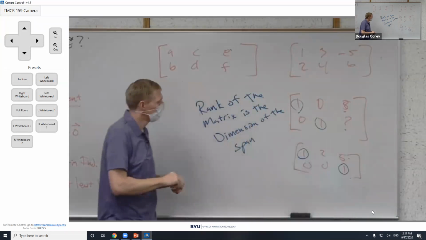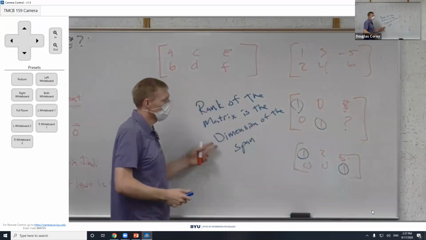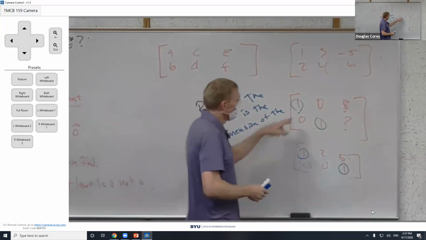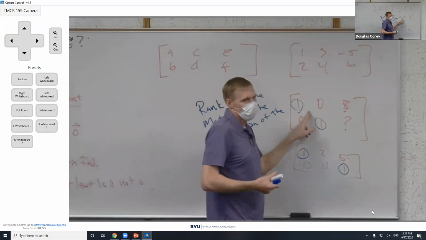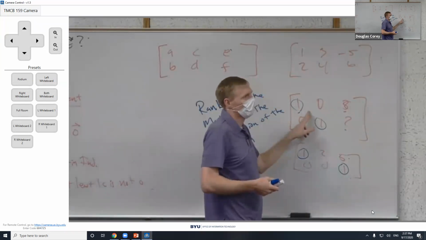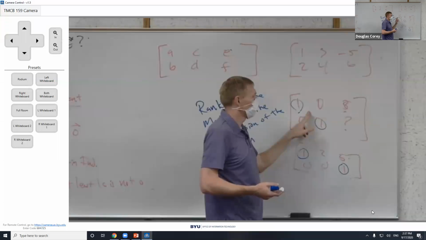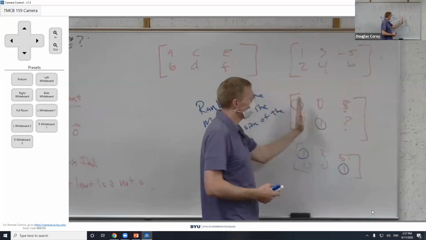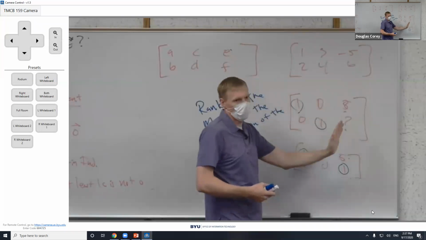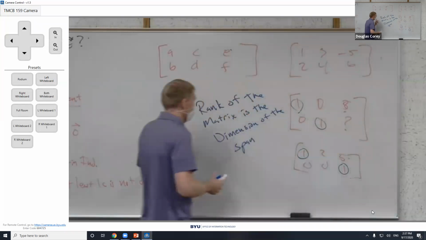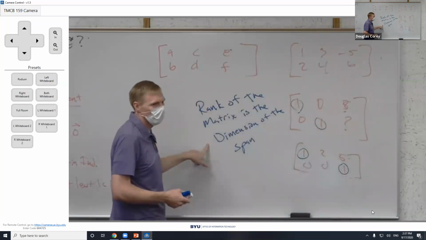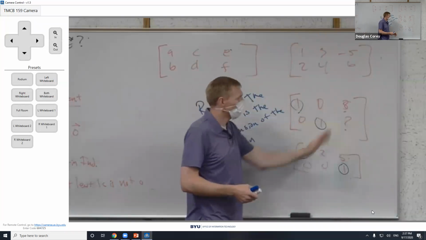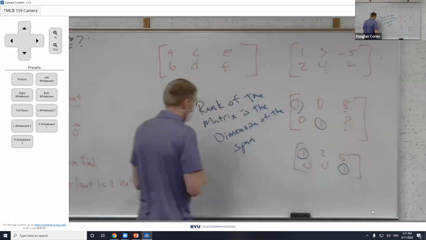So the rank of that matrix is the dimension of the span. You don't even have to go to reduced row echelon form. You just need to get to row echelon form. You just have to get to a point where you know how many pivot columns you have. Because the number of pivot columns is the same as the rank, which is the same as the dimension of the span. And the number of free variables